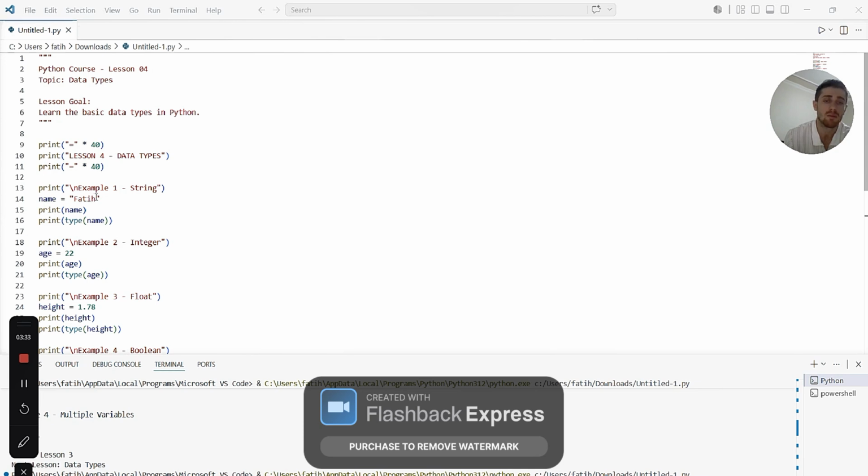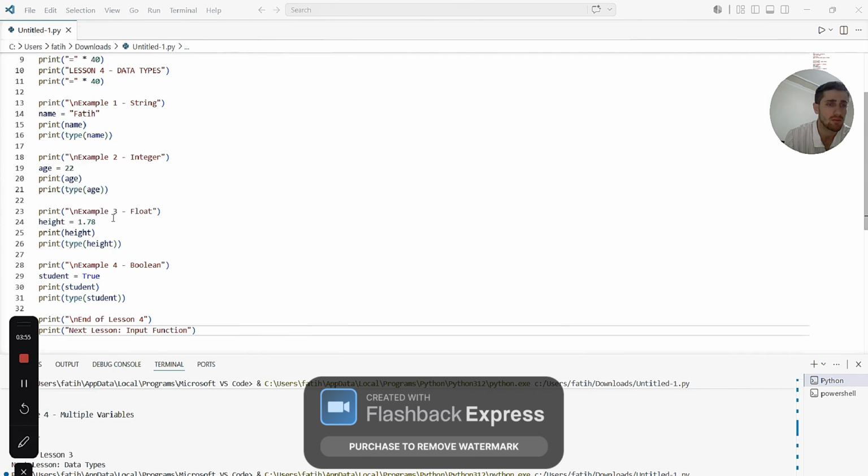Name equals a string, for example. This creates a variable called name, the purpose is storing text. Print name prints the value stored in the variable. Print type name shows the data type, and the output is class str.